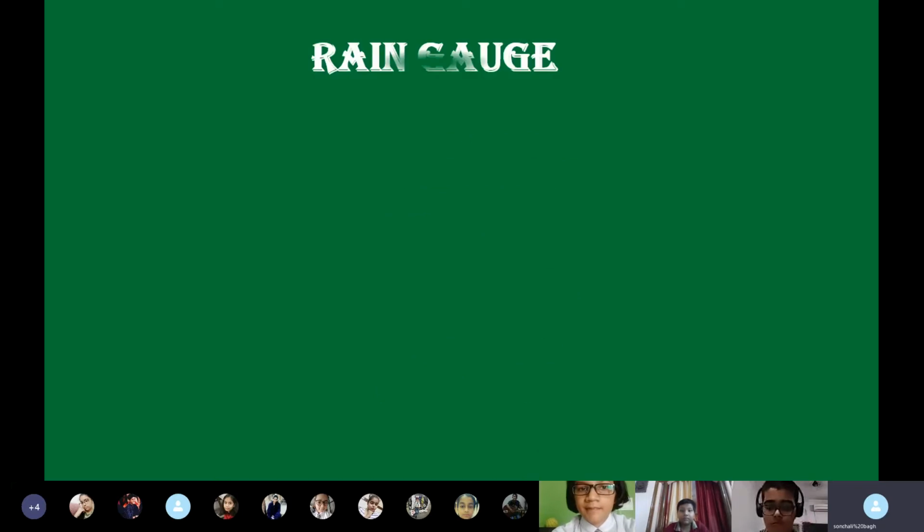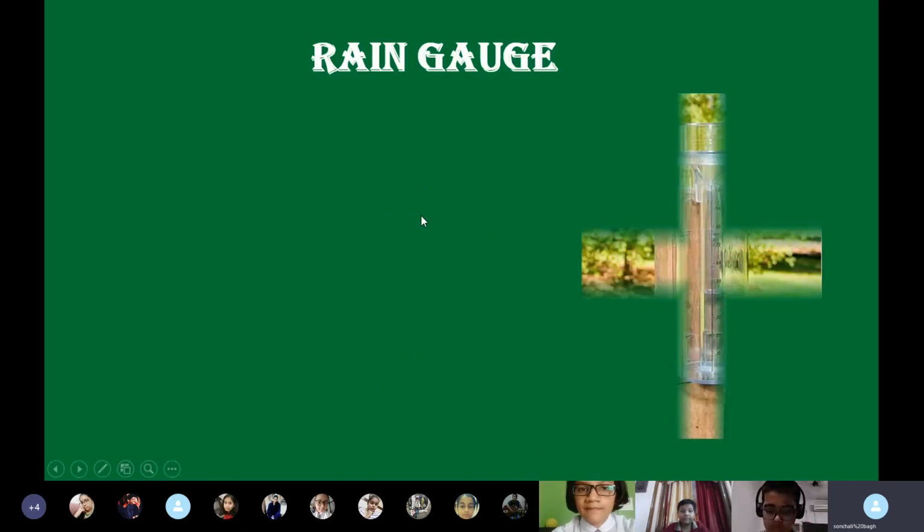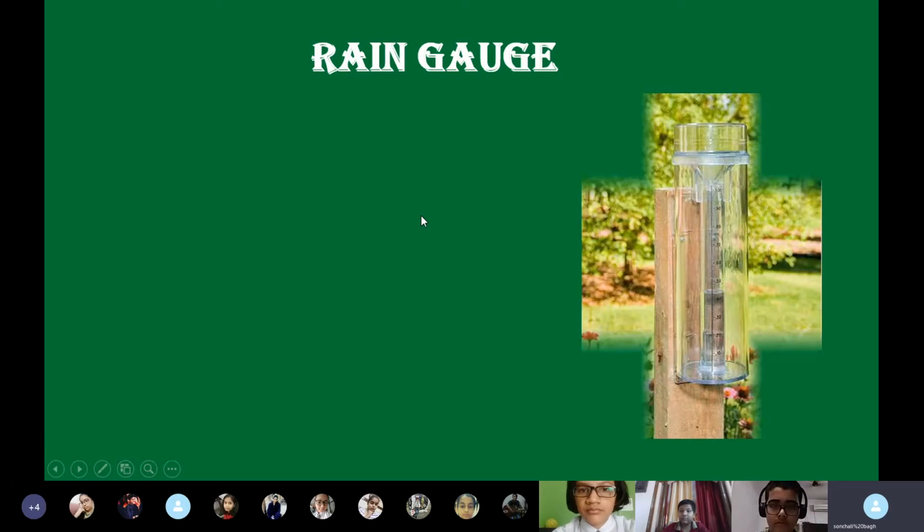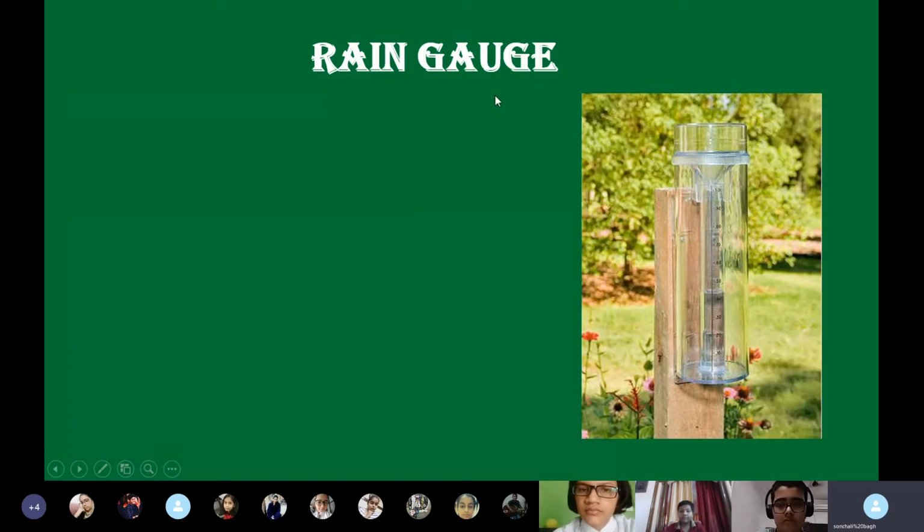So first let's take the rain gauge, and this is how it looks. Can anyone tell me, from the name and from the picture, what does a rain gauge do? We measure rain with the rain gauge. Have you opened your book? No, ma'am, I have read it yesterday. Very good. Then if it is a true answer, it's very good that you have listened to my words. Now let's see, are you right or wrong?